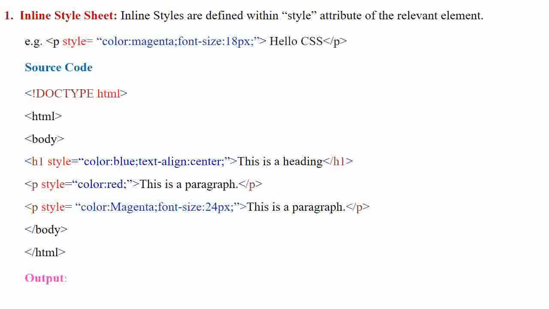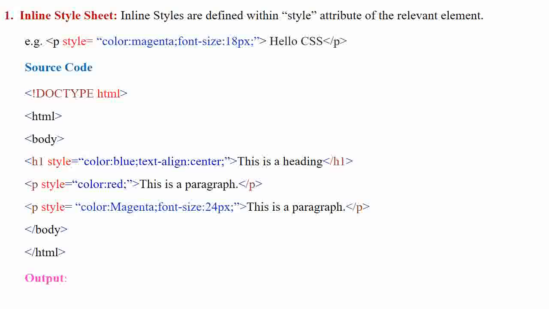When the user clicks on the program, the web browser opens, and you will see the output in 3 lines: this is a heading, this is a paragraph, this is a paragraph.